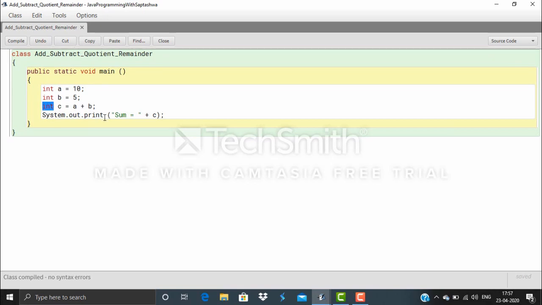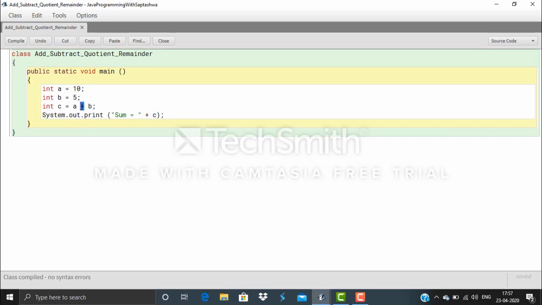Now I have displayed the value of c using the syntax system.out.print and the message sum. I have to write a message in double quotes in Java, and I am using a plus operator here. This is not an arithmetical operator. This is used to separate the message and the variable whose value I want to display.